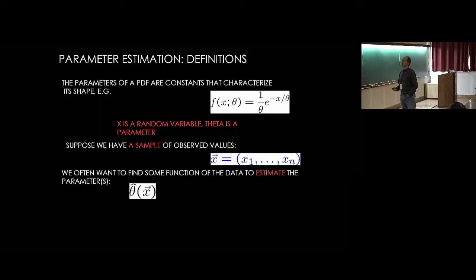Okay, so now suppose that we have a sample of values that are taken from this distribution. So we have a vector of values. We can ask ourselves, okay, I got these values. I have some counter, and I take the time after which I see a decay of a certain substance, and I get a nice distribution of exponentially decaying values, because this substance is decaying at a certain rate, and so the distribution should be exponential. And I want to estimate the lifetime, for instance. I want to estimate the parameters of this PDF.